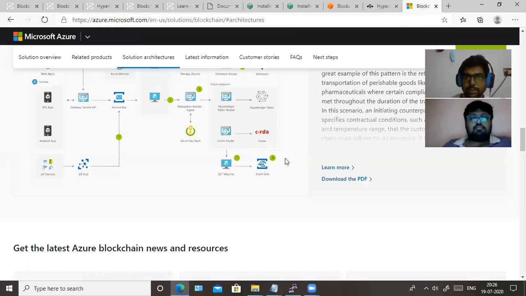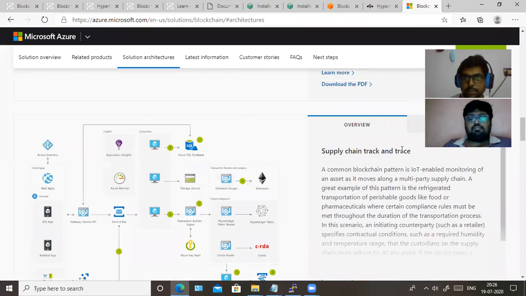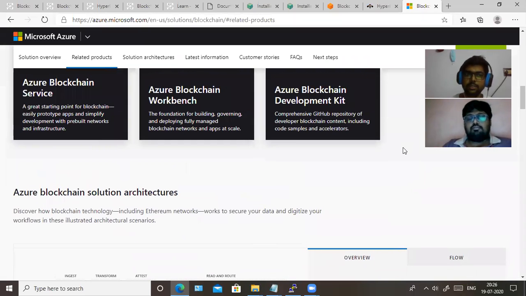And then you can see Azure also, they are using Hyperledger Fabric. So basically all three clouds are giving Hyperledger, but it depends on you to choose which cloud you want to go with. It could be for various reasons, maybe cost, or maybe you are already running applications on Azure or AWS, and you want to also run your